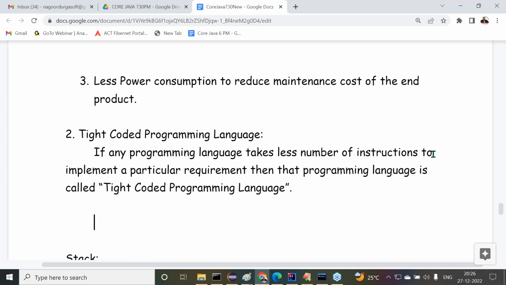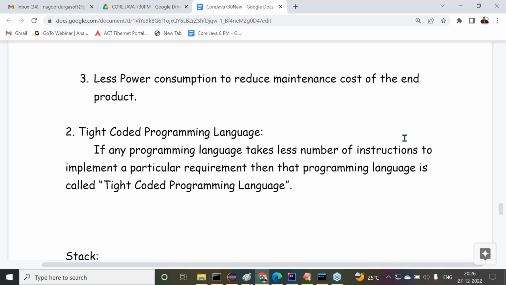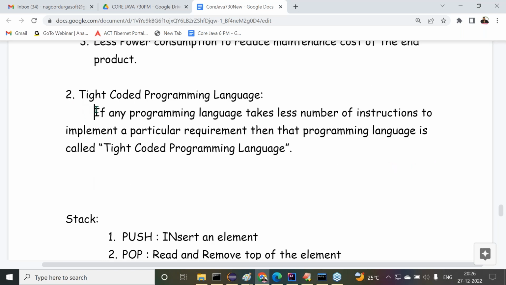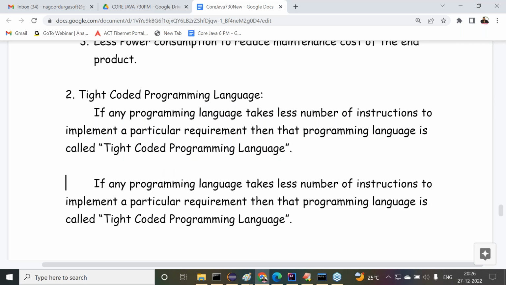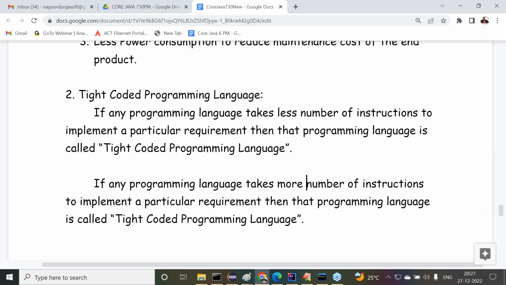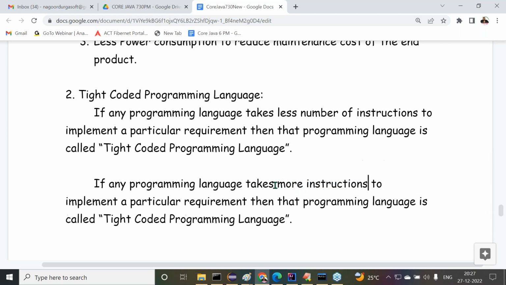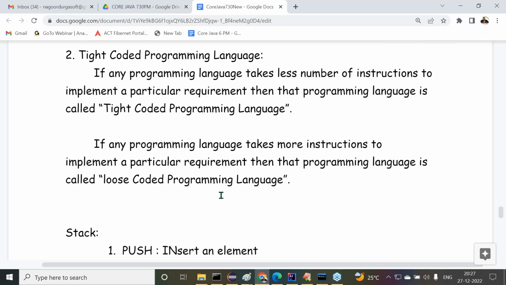Okay, fine. Next one, observe carefully. One more definition I'm telling you. Try to understand it. Same definition, with some changes. If any programming language takes more number of instructions to implement a particular requirement, then that programming language is called a loose coded programming language.